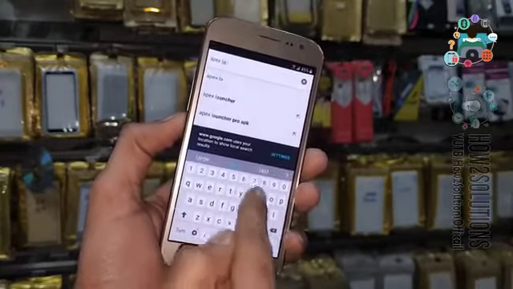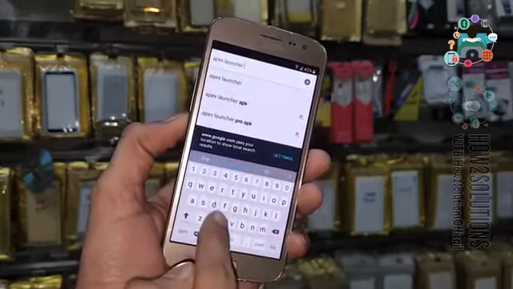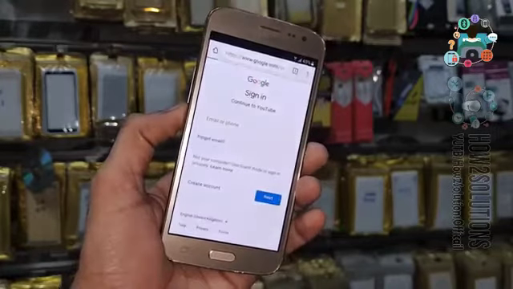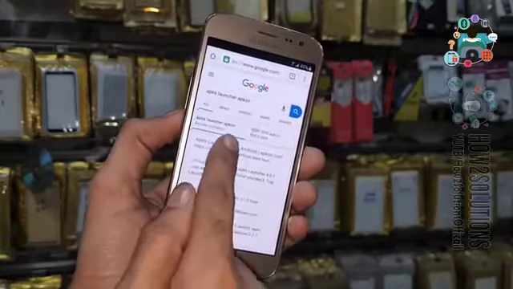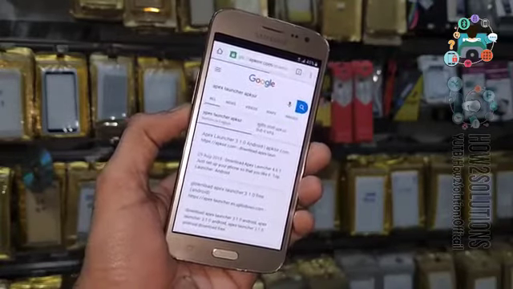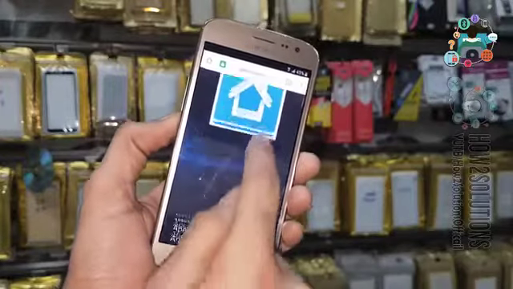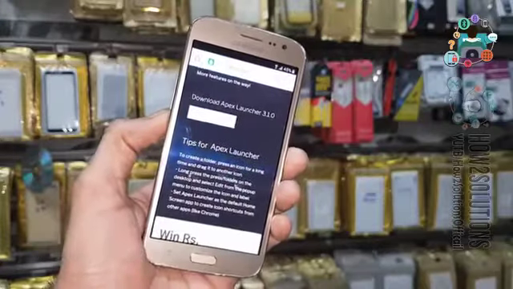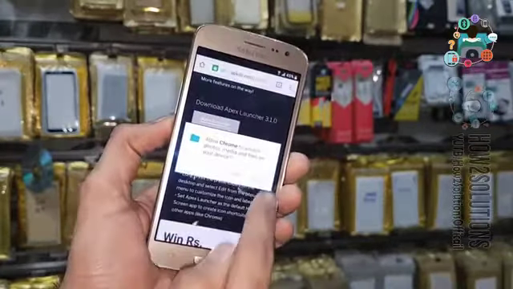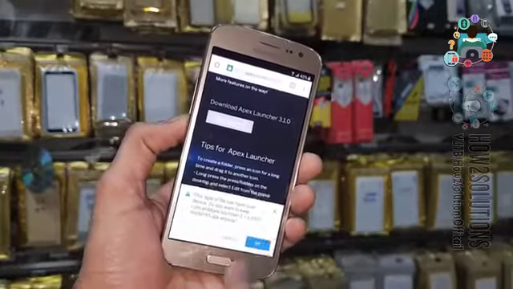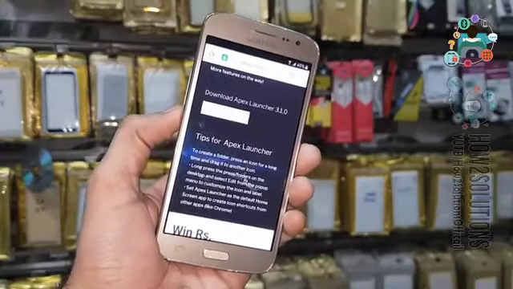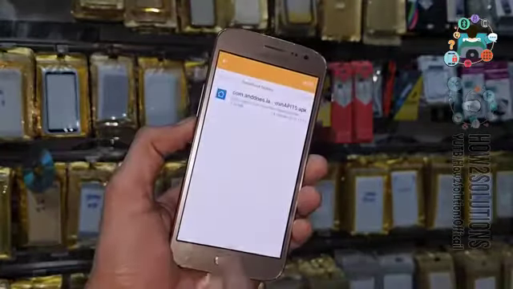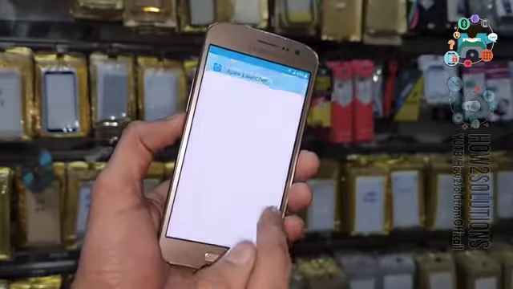So I am going to use Apex Launcher. It helps me to go to settings and switch the Chrome browser. So I am going to download Apex Launcher from apksir.com. This is a free website that provides applications related to Android. So go down and click on the download button, update permissions, allow, click OK to download. After download it will pop up to open the application. Now click on open. Now here you can install the application.